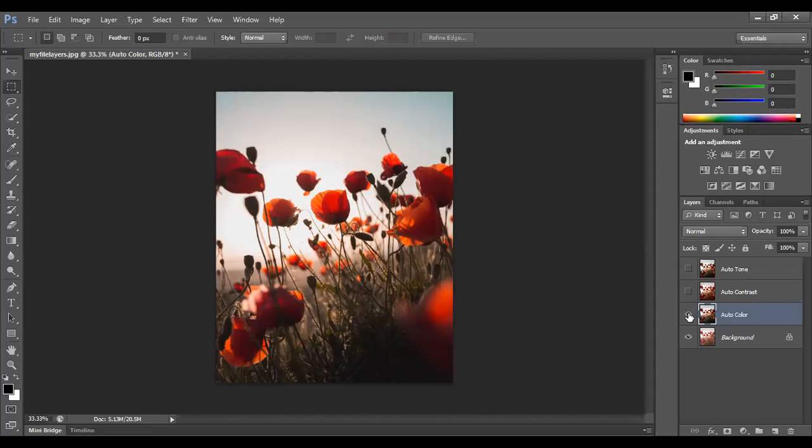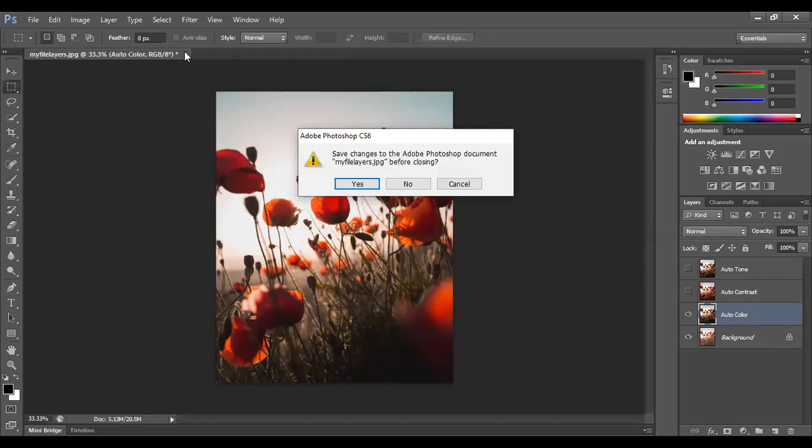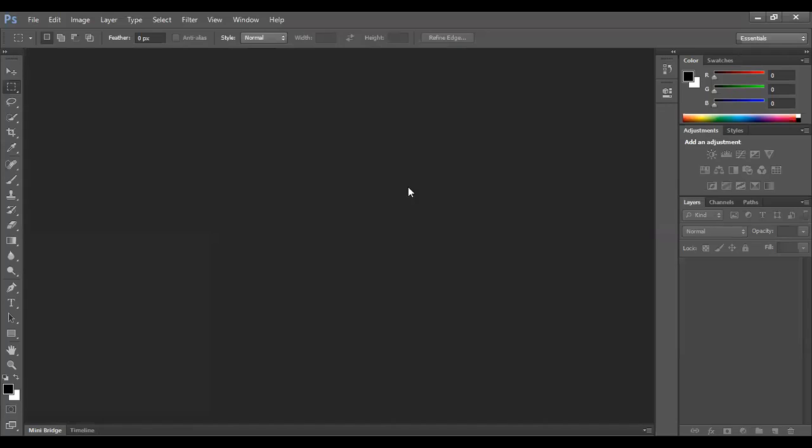All right. Let me quickly move to one more topic since we have some time. We've done this my file layers, right? There is one more file in the resources section. Let me just open it for you guys. I'll close this file. If you want to save the file, you can save it. Otherwise, it's okay. I will also recommend you guys to practice one file which is similar to this one. Same way you have to do it.